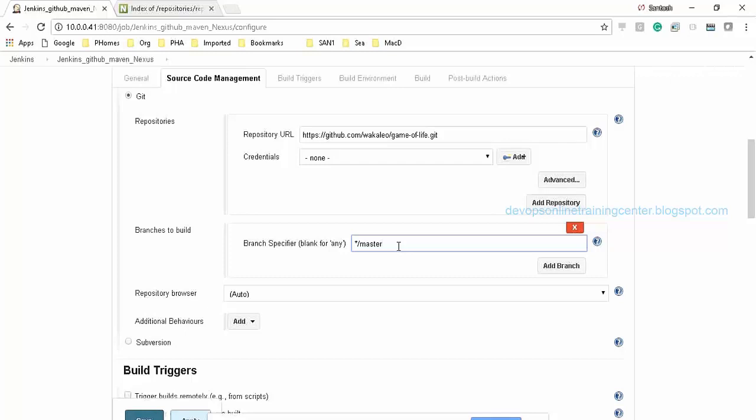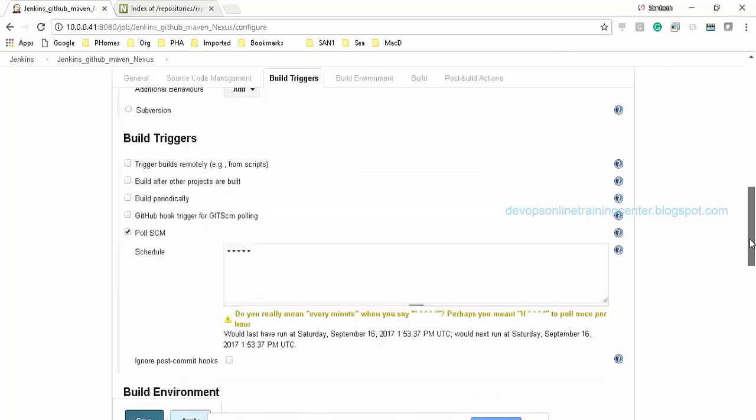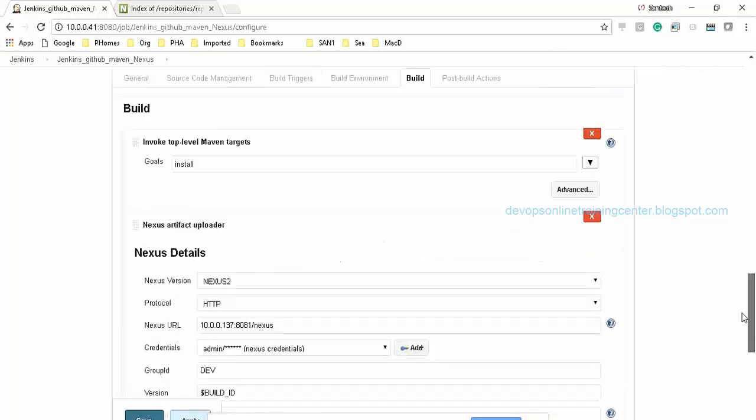But how about saving it to the Nexus? Which option did we give in Nexus to detect anything from Maven? You know what I mean? Maven will not detect anything. Only Jenkins detects it and Jenkins starts the job. So once the job is started, what happens? All these steps will be executed sequentially. Converting the source code to binary.